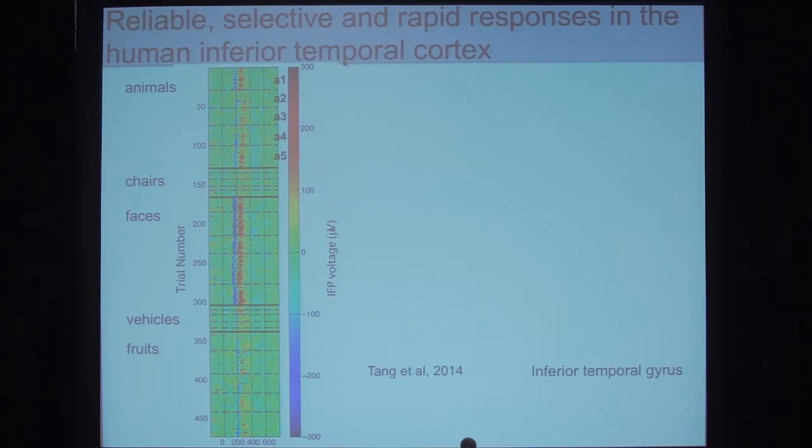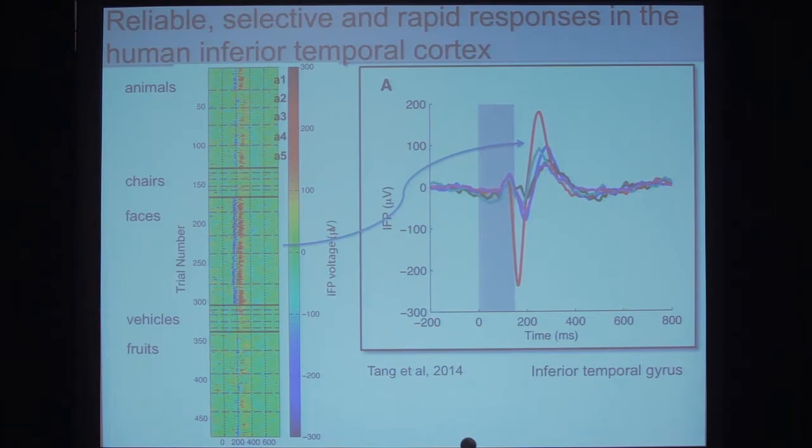So here's one example first, without occlusion, just what happens when you present pictures, what's happening inside the human brain when you see objects. So each line in this plot corresponds to one presentation of one particular picture. There are several repetitions. There are 25 different pictures in total. The color map over there represents voltage. It indicates how active this particular electrode was, for the aficionados. This electrode is in the inferior temporal gyrus, an area that we know is fundamental for object recognition because lesions in this area render a significant impairment in object recognition capabilities.